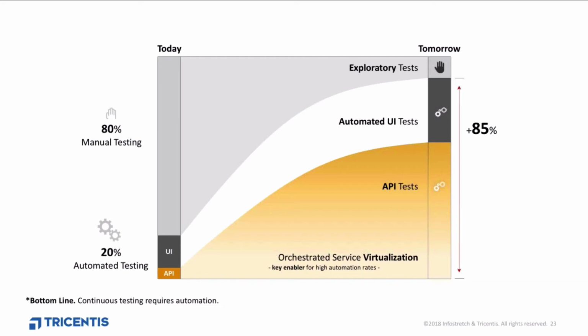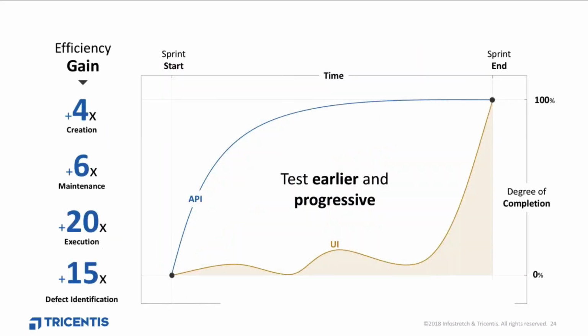The reason why automation rates are that low is that automation with most tools at the moment requires developers. But guess what? It does not with Tricentis Tosca. What we have seen is that automation rates will increase dramatically, up to 80 or 90% even. And what is most significant here is the fact that the majority will be API-based tests, which brings me to the initial statement. API testing uses the closest access to the tested logic. So instead of going through an additional abstraction layer, such as the UI, we directly run our tests on the service layer. That's the basic idea of it.